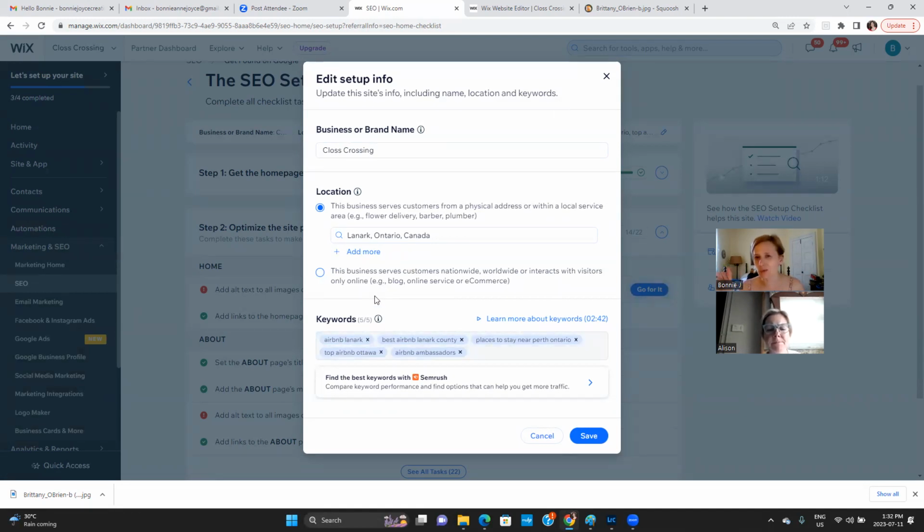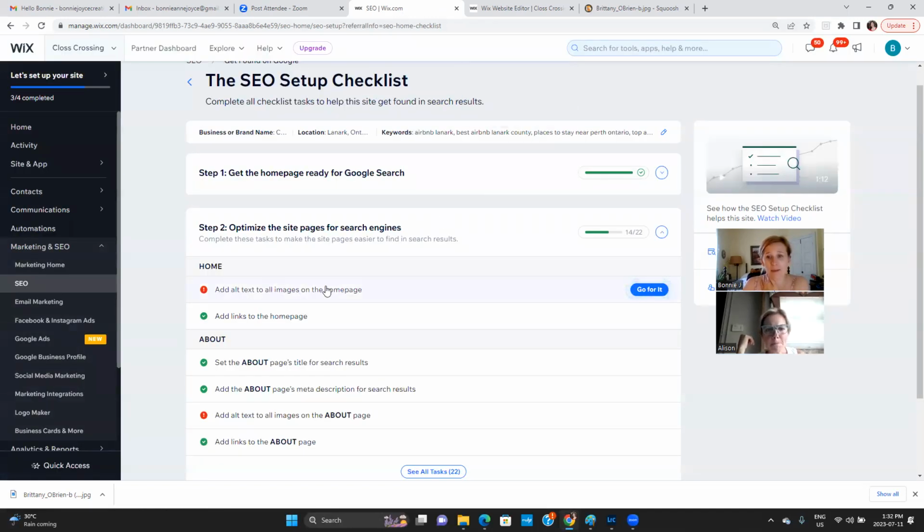It's really tricky with the keywords because if they're too broad, then the competition's insane. If they're too specific, then no one's ever going to search for them. So it's kind of trial and error. But you also want the keywords to match what's on your website content wise, because that makes sense for Google, and it will rank higher. Actually, Wix will flag it if you choose keywords for a plumber and your website's an Airbnb, it'll say this doesn't make sense.